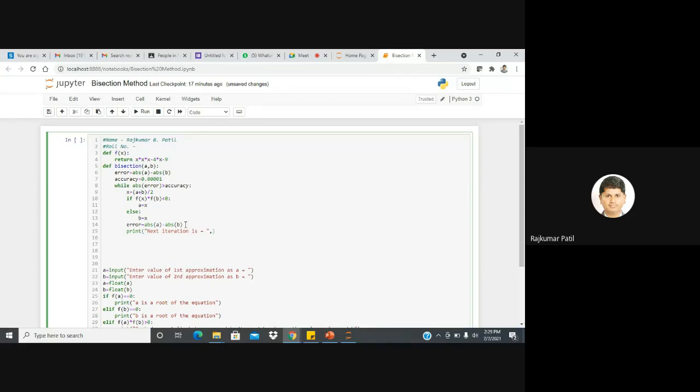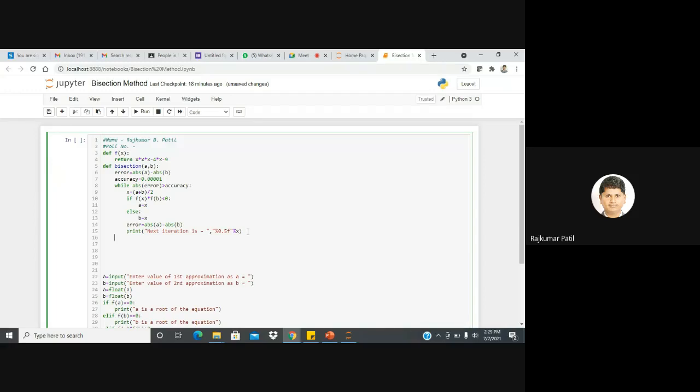And here we will write %.5f %x. So every time the next value of x will be printed, and this .5f means the number of decimal points that we decide here. 0.5 means after the decimal point you will see the numbers up to 5 places. And why did we put 0.5 here? Because the accuracy is, you can see after the decimal point 1 2 3 4 5 terms are there, so that's why we did the same.